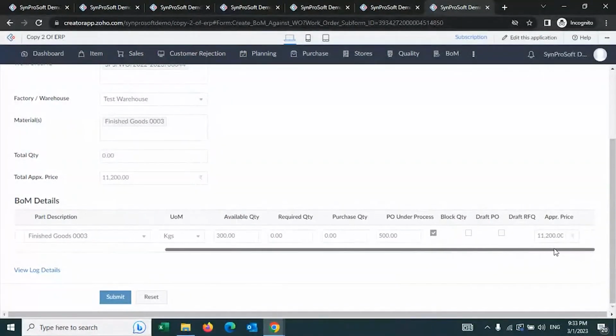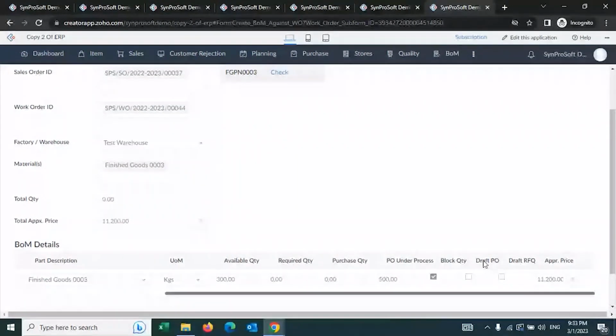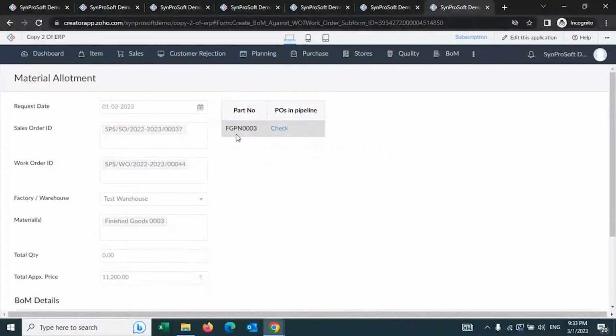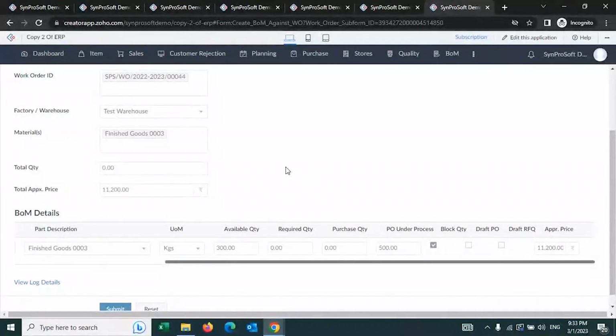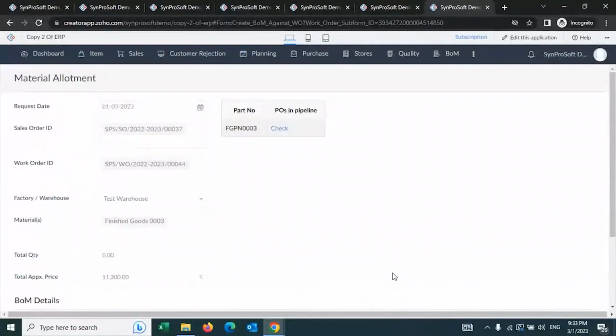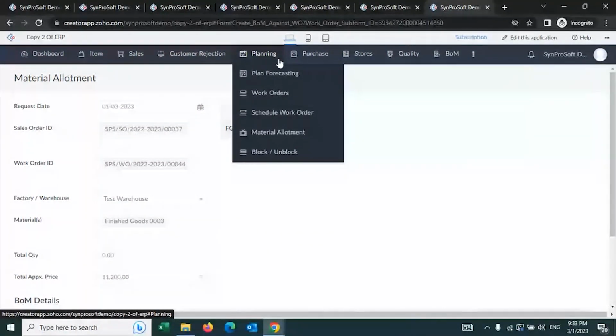That is possible. Or I do not have stock. I have the option to trigger a purchase order from here. I have the option to trigger an RFQ from here. I can do all that. The system will also tell you, while you are going to purchase a particular item, whether there are any other purchase orders in the pipeline for this same part number. So you will know, okay, there is already a purchase order which I have triggered. There is a quantity of the item that I am already buying. I may use that for this as well. That intelligence the system will also give you. So all these configurations and data capturing you will do here as far as the material allotment process is concerned.